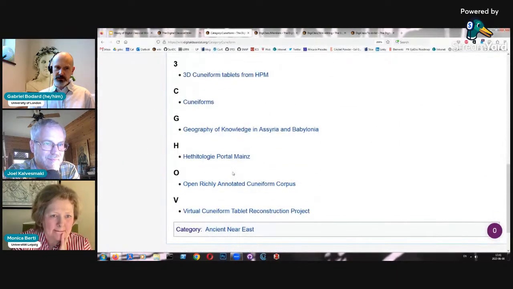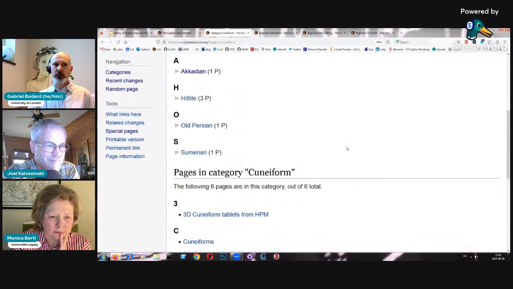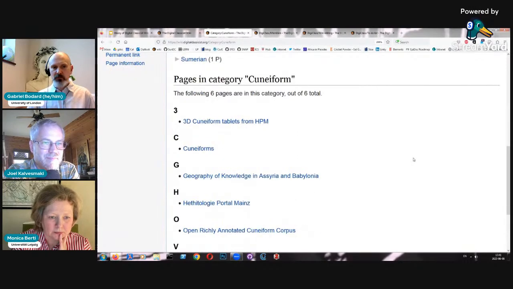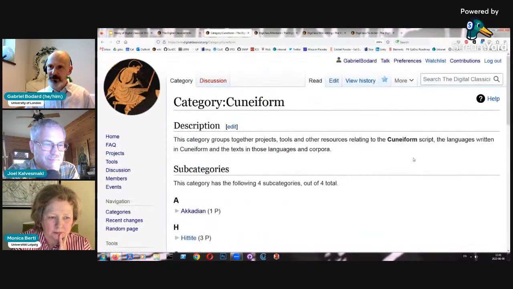And then all of these projects appear in cuneiform. Most of those projects probably also appear in one of those subcategories. That's a slight redundancy, but it does make navigating, I think, slightly easier. And with this, where there's only a handful of them, it's maybe less